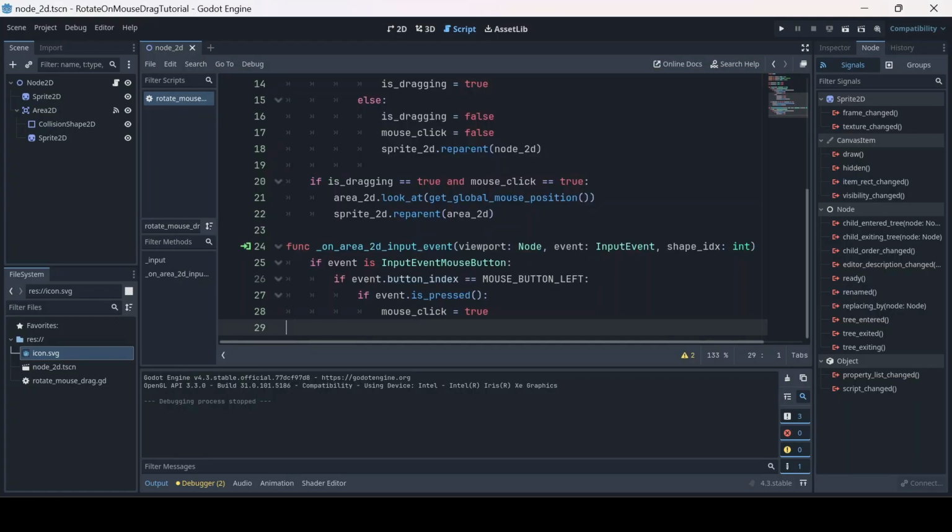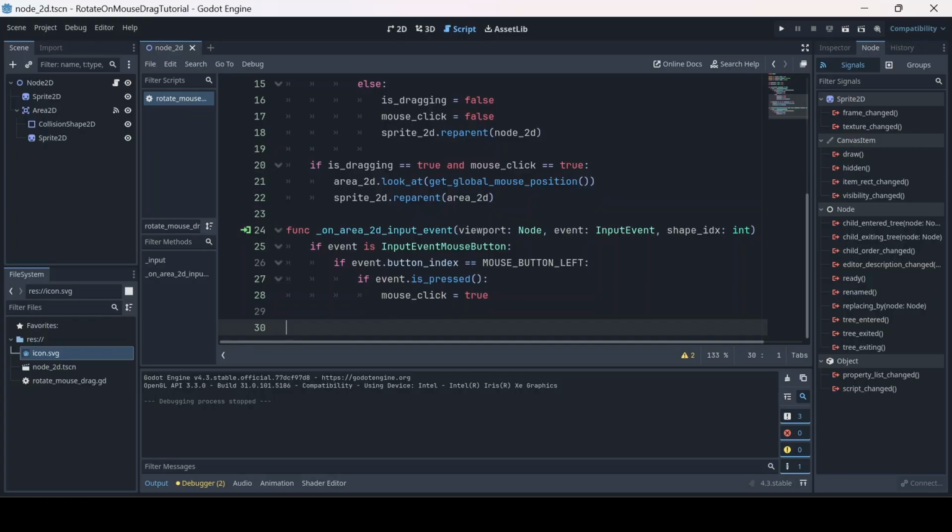Now, technically this is done. We've done what we wanted. We've made the object rotate when we click it. But maybe you don't want the object to continuously rotate. Maybe you want to add a clamp. You can do that by going